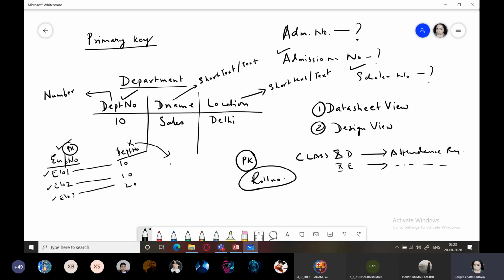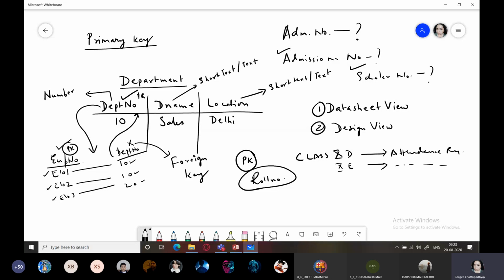Here department number is a primary key within the department table, but because it is being used in the employee table to represent departments of employees, it will be known as foreign key within employee table. Employee table के अंदर department number foreign key कहलाएगा. Understood? Because it can have duplicate values and it is actually referring to which table?